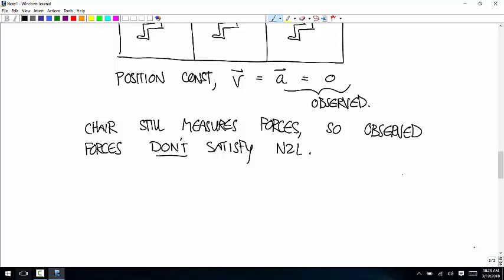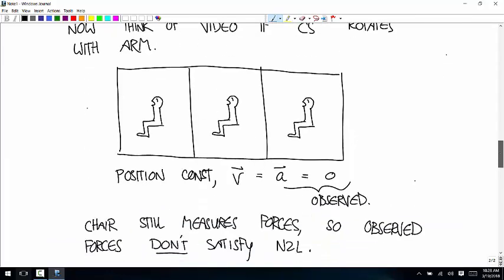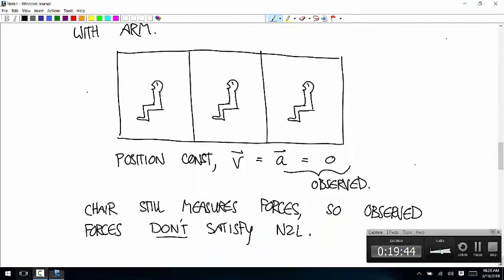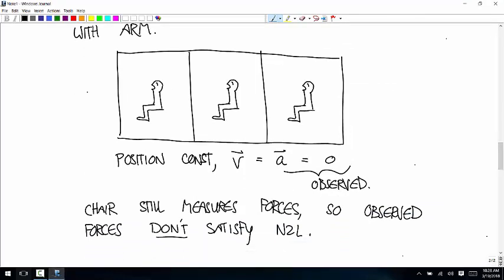Okay, so where we are here is, that's sort of just a demonstration of how a rotating coordinate system makes it so that Newton's second law doesn't apply. That's something you can just store in your head for when that question comes up. So now what we need to do is